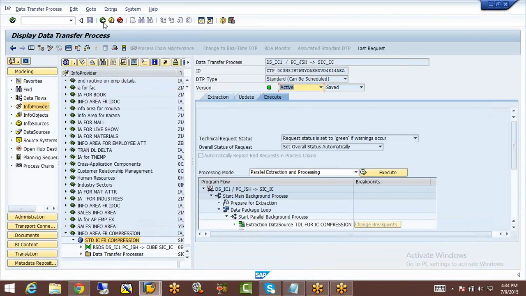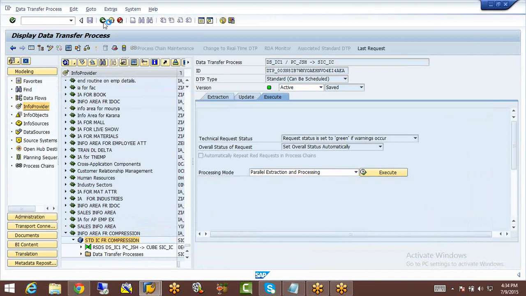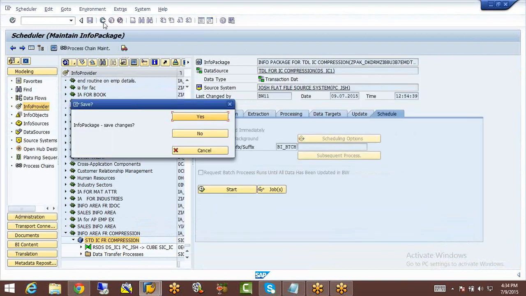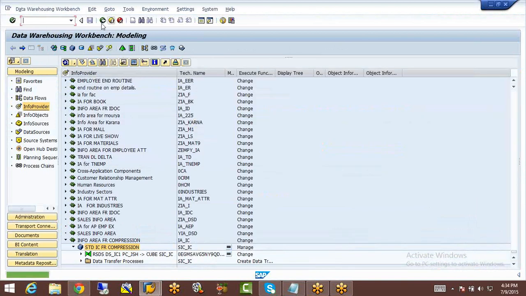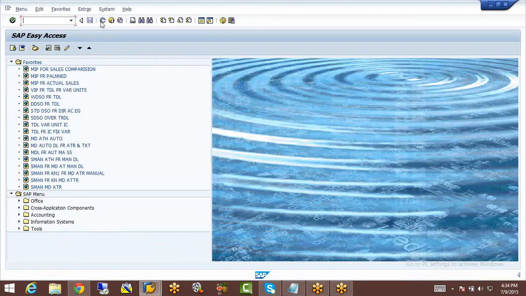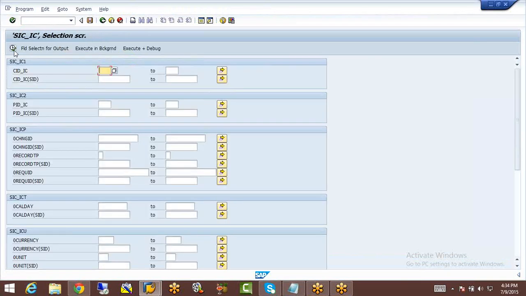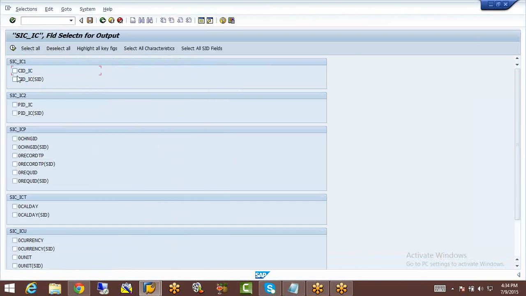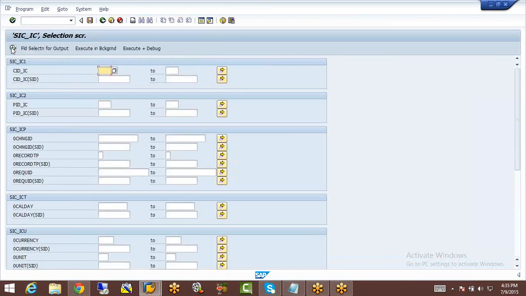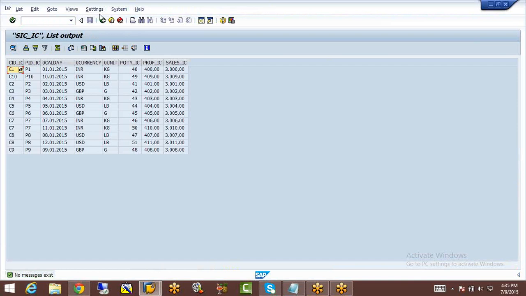Now I can check in the underlying data dictionary tables. List cube. Check the data in the underlying data dictionary tables. InfoProvider SIC_IC. Select execute, field selection. Whatever fields you require, you can select them. Display content CBO,